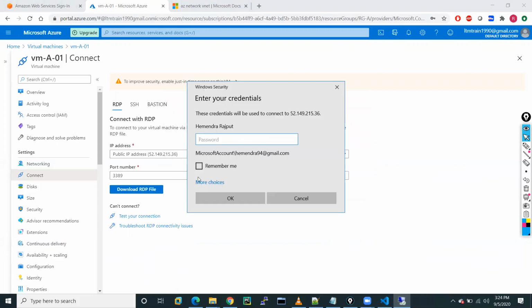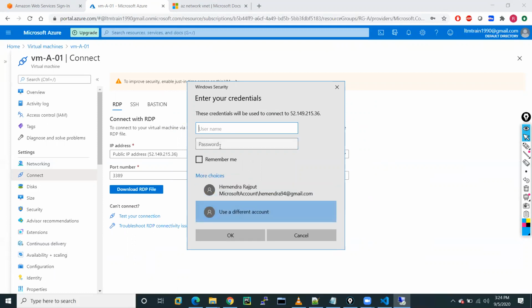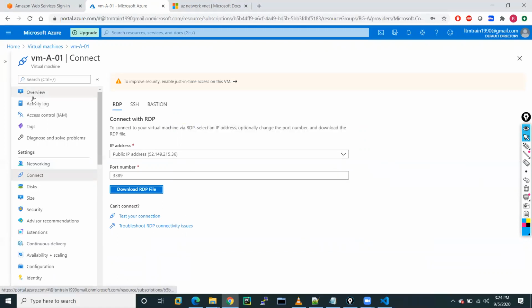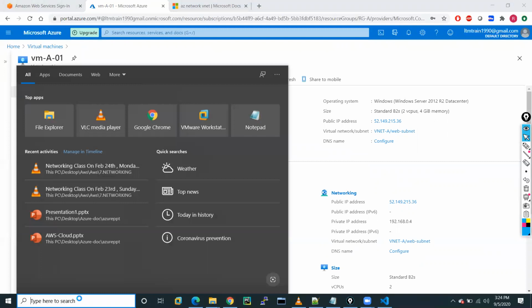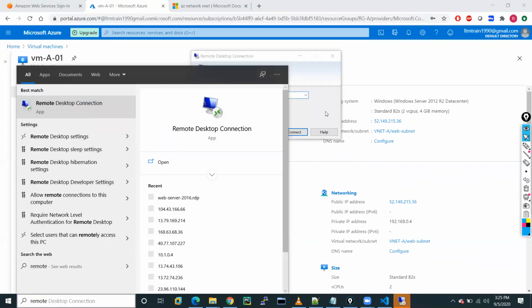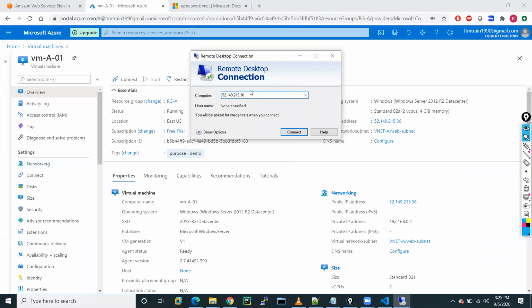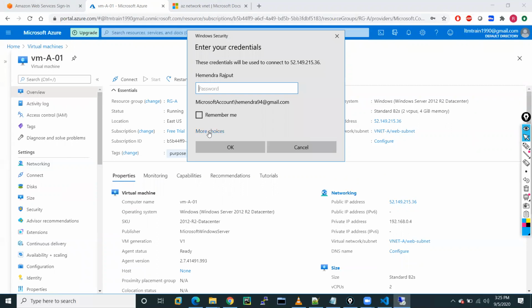You can click on more choices, use a different account, and put the username and password here. This is one way, okay? But I will show you another way. You can just copy this public IP address, open RDP on your system, put the IP address here, and click on connect. It will give you the same.